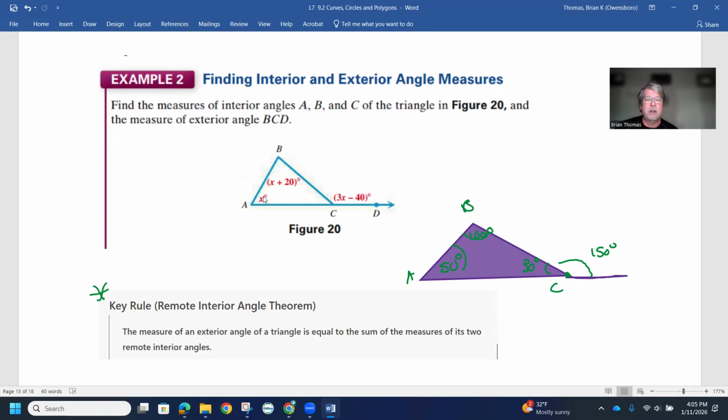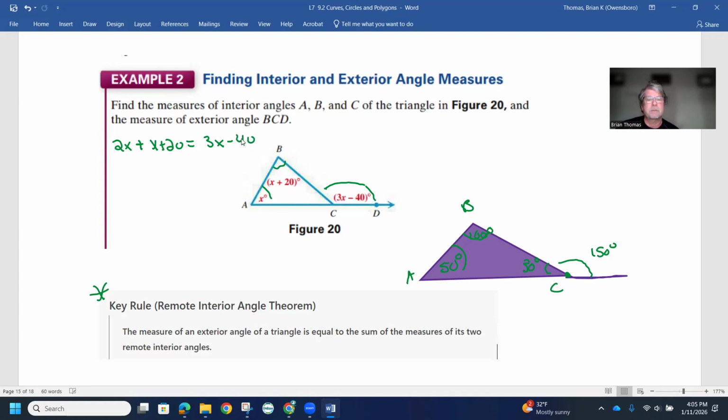So if I look at my drawing, notice how this angle here and this angle here are given as some algebraic expressions, and this angle out here is given. Notice how this is an exterior angle, and these two angles here are interior. So that means the sum of these two angles must equal this exterior angle. So we can write an actual equation for that. So angle A, which is represented by 2x, plus angle B, which is represented by x plus 20, must equal the exterior angle, which is this 3x